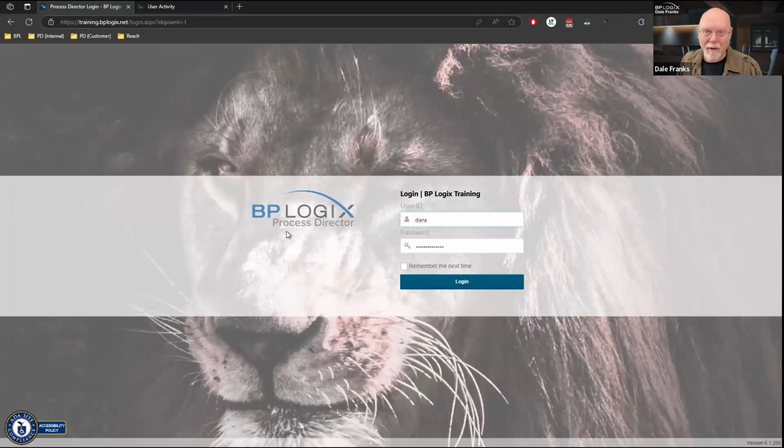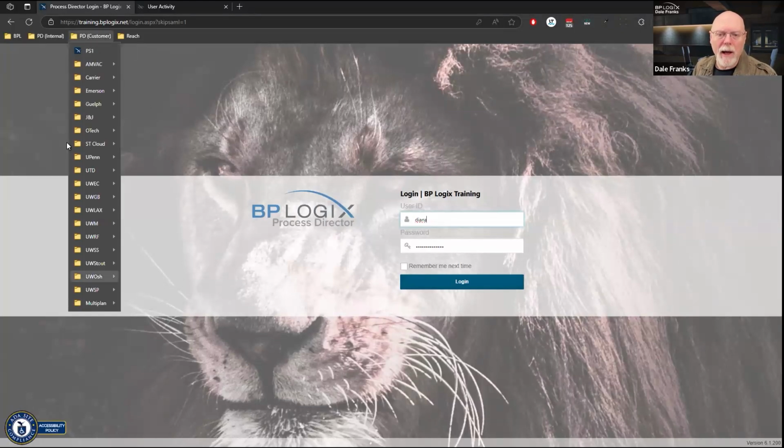If you want to know how I log into your cloud systems as BPL support, this is exactly how I have to do it. I have an entire list, which I don't know if it will show up in Zoom. And I have a menu open that shows all the customer locations. And I have for any customer, your prod and your dev and stage systems, if you have all three.